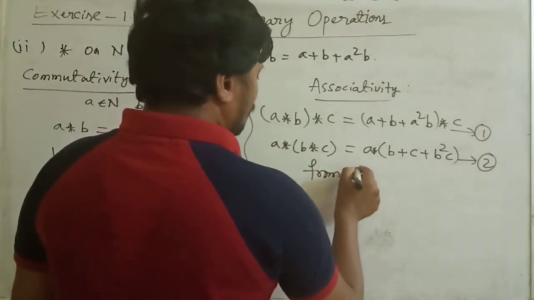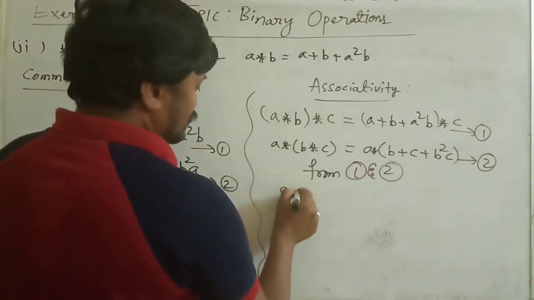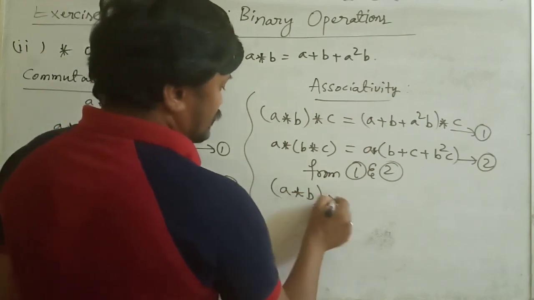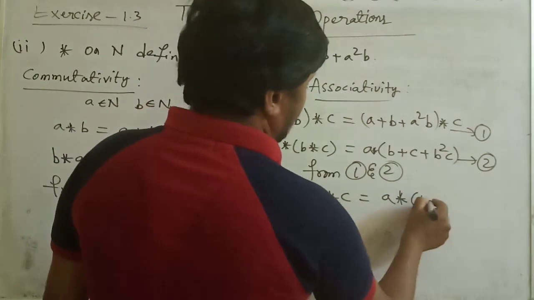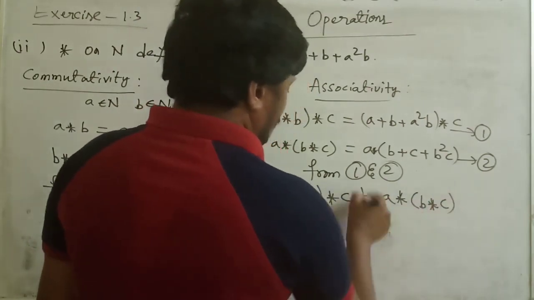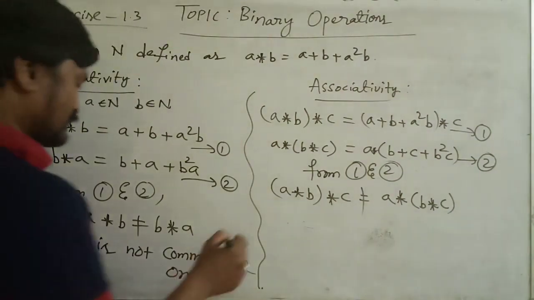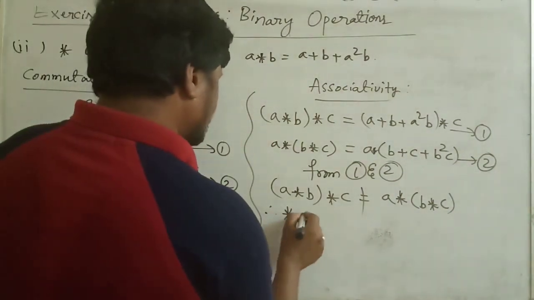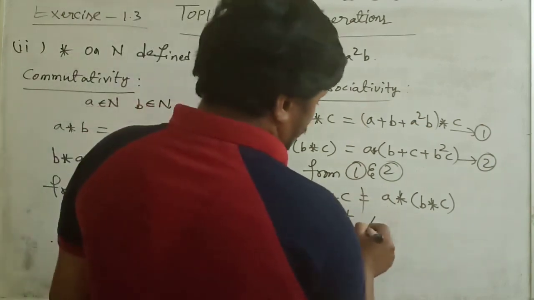From 1 and 2, is A star B star C equal to A star B star C? No, it is not equal. So therefore star is not associative